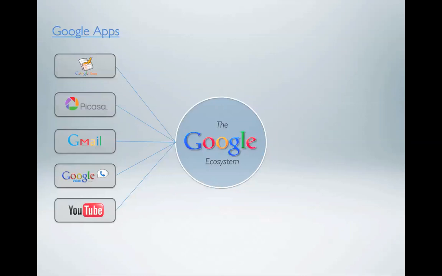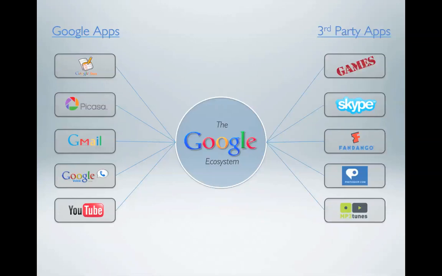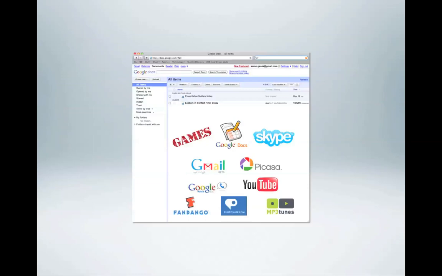But I think let's not stop there. Let's create an app store that can be built on top of this Google ecosystem and built into this Google ecosystem. So instead, let's go ahead and throw game information and Skype information and Photoshop information all into this single storage locker. Again, cross-using application data could be extremely valuable. Just as another example, games. If you were to be able to use games to create unified leaderboards, and who knows what else developers are going to be able to create, this is very, very powerful.